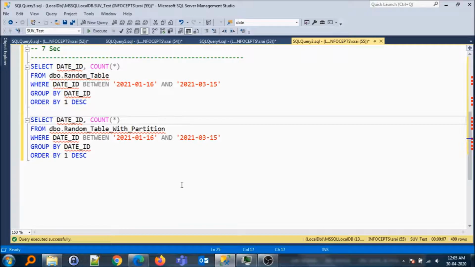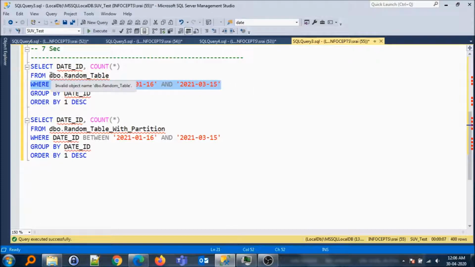Now let us move to the next set of queries that we intend to execute. If you notice the current query which is highlighted, this is still similar to the query that we had executed earlier, with the only difference that we have added a date filter here, where we are restricting the set of records for which the date ID wise record count needs to be provided. So in this case we are not going to scan the complete table to fetch the records, but instead we are only interested in the set of records which fall between these date IDs.